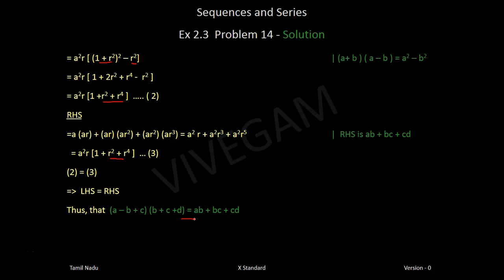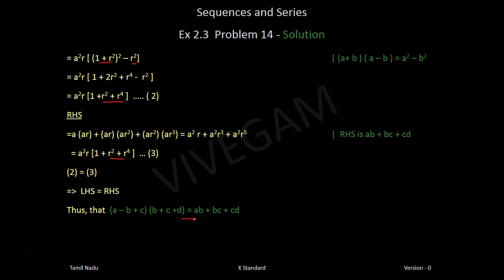Okay, you got it. So this problem is, let's recap it. So all you're doing is, let A be the first term and R be the common ratio, and the geometric sequence will be A, AR, AR square, AR cubed. The first term is A, the second term is AR, the third term is AR square, and the fourth term is AR cubed. But it is given for us, the terms are A, B, C, D.